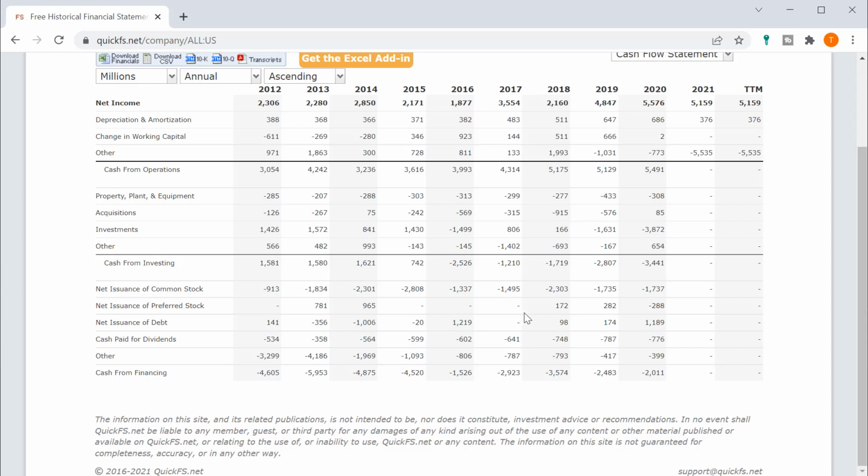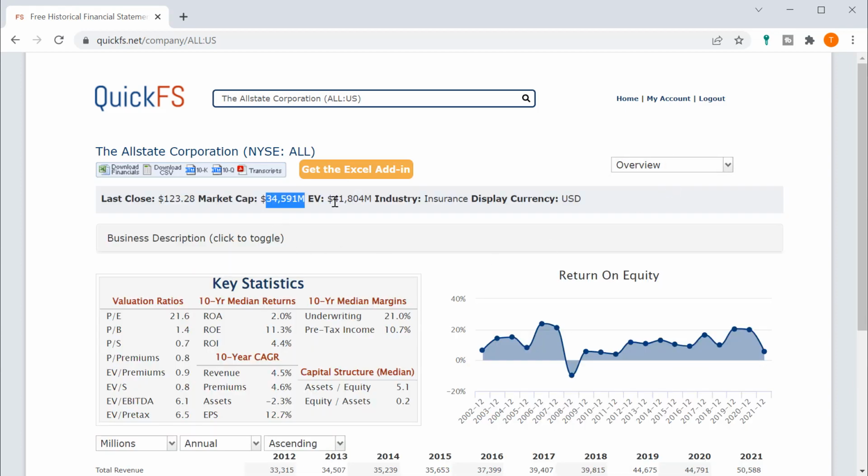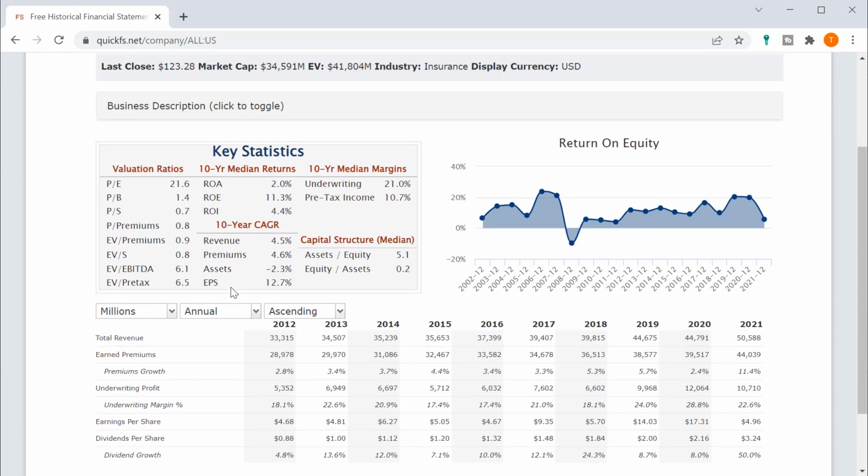And so this is clearly doing well from a cash flow perspective, and how they're spending your money to retire their shares. So we said that there's like $5.5 billion in cash from operations. We compare that to a market cap here of 34 billion, EV of 41 billion, and this company looks pretty cheap. I like what I see there. It's clearly being managed for shareholders' interest with those buybacks.